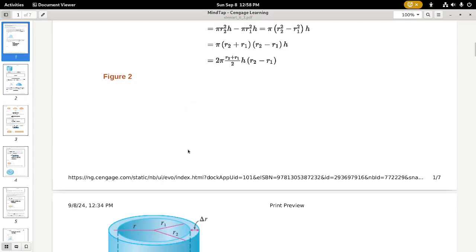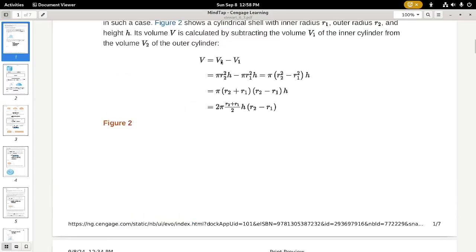Well, the volume should just be the volume of the larger cylinder, one with radius R2, minus the volume of the smaller cylinder with radius R1. We talked last time the volume of such a cylinder is pi r squared h, where r is the radius of the cylinder. So when you subtract off those two volumes,